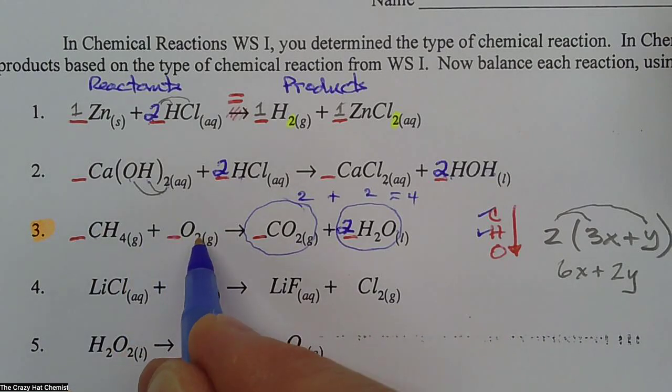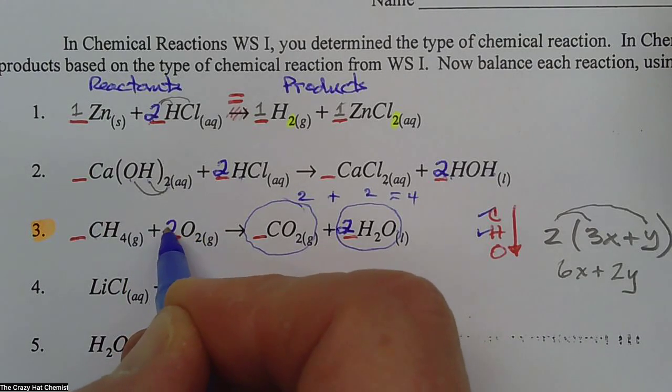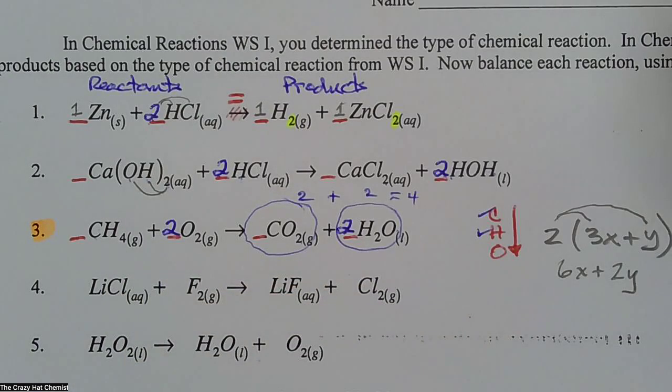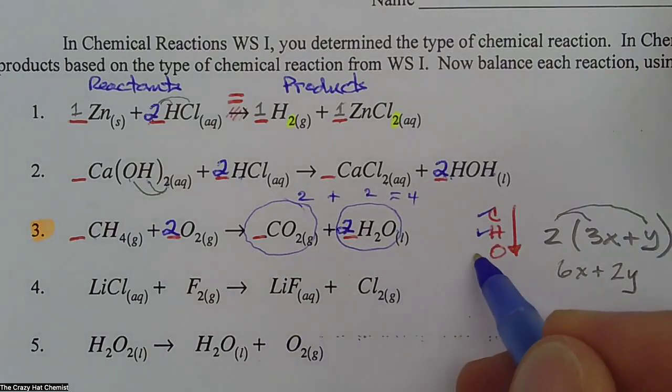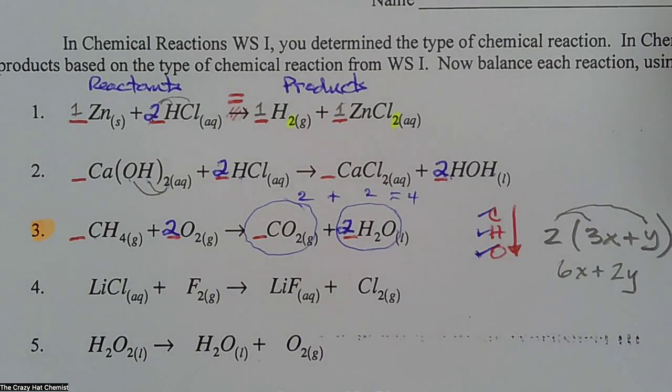So how do I make there 4 on this side? I'm going to place a 2 stoichiometric coefficient right there like that. And now we are done. And now we can check that off. Perfect. By the way, the very last step that you should be doing on every single one of these problems